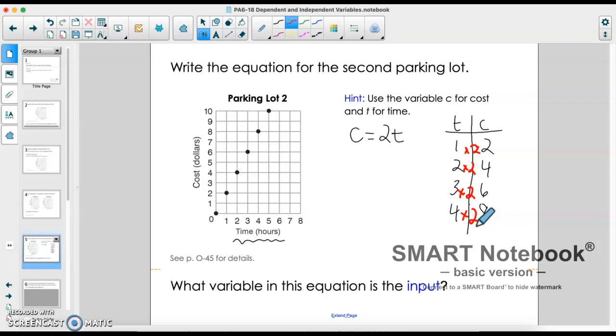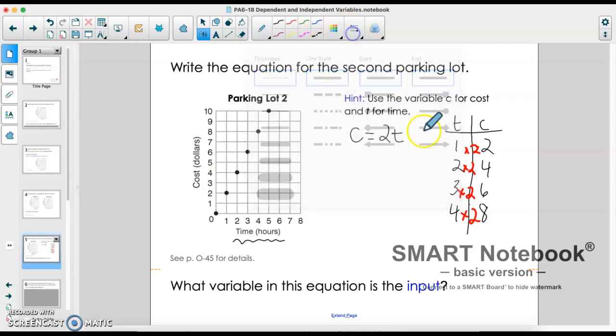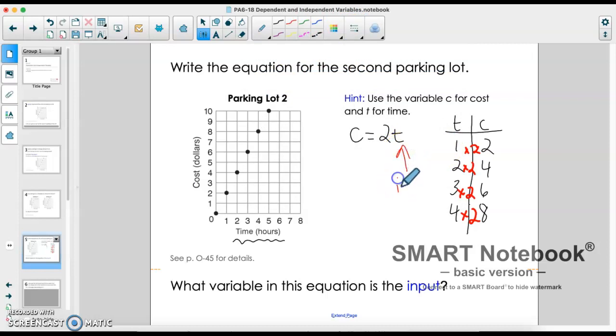Okay, so getting back to this example with the parking lot, you can park in the parking lot for any number of hours you want, but the cost depends on the duration of the park time. So C changes depending on T, and I'm talking about the variables there. Because of this, in the equation C equals 2T, we call T the